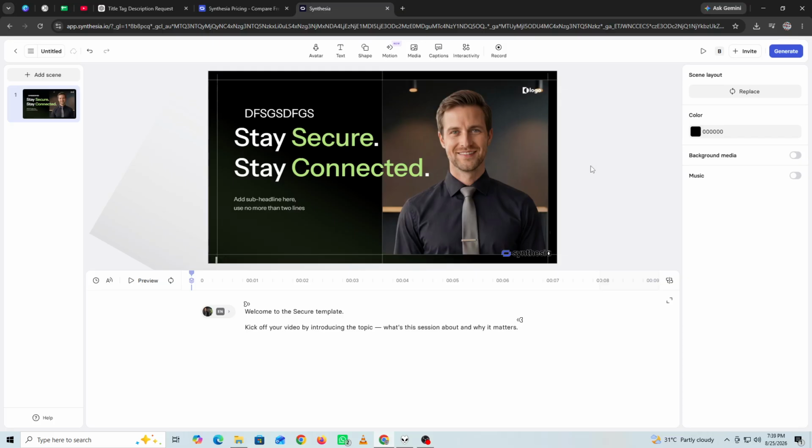Next, preview the scene and check how the text and shapes work with the narration. Make sure important information appears at the right time. If necessary, adjust the position, size, or timing of each element until the scene looks balanced. You can repeat the same process throughout your project. Try to use similar text styles and shapes across your scenes so the entire video